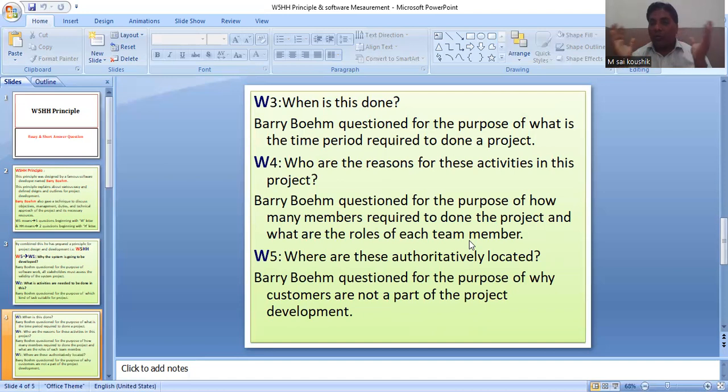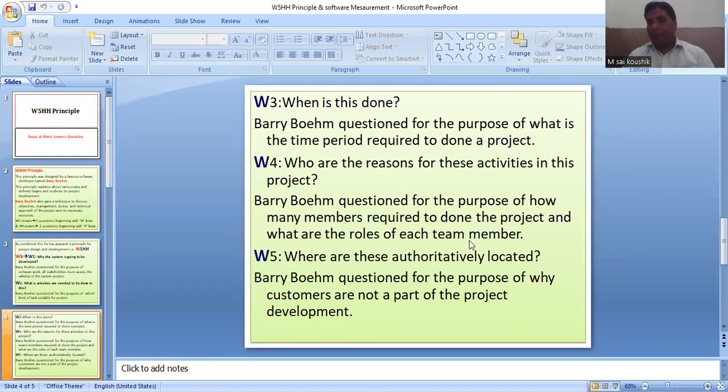One person goes to programming, meaning code generation. One person goes to analysis, meaning analyzing purpose. The duty specified to a person is taken only by that person. So how many members are required to complete this software or system software.